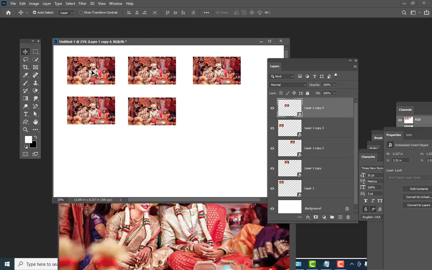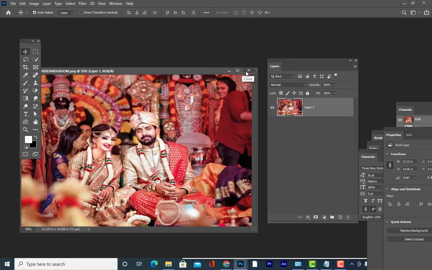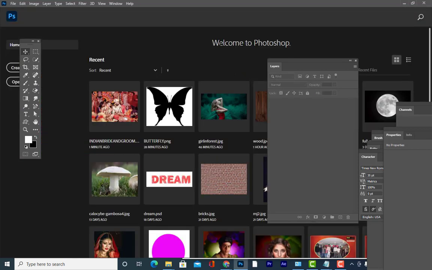There is also a third use of smart object, that is we can use smart object as smart filters. So what are smart filters? I am going to tell you after starting this filters topic. So now let us start the filters topic. That is why I just gave you an idea about smart object, because we have to know about smart object before starting filters.